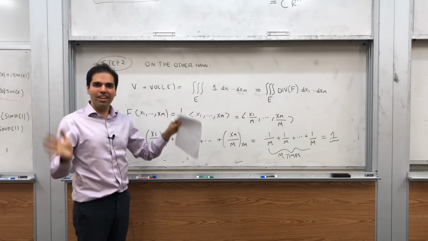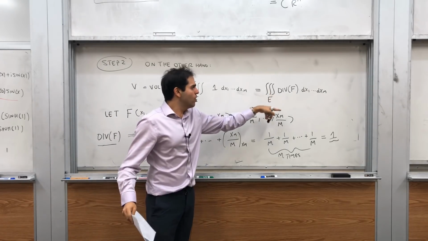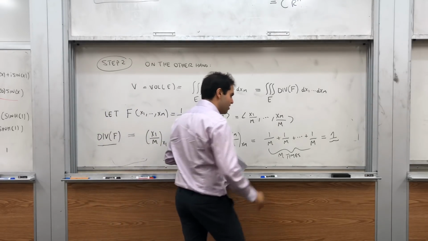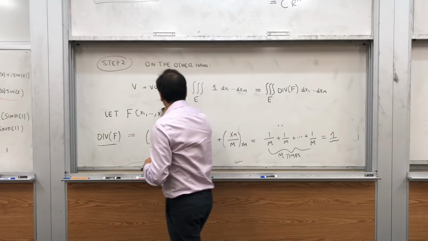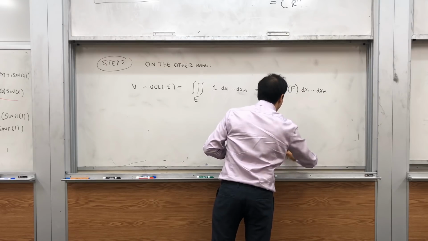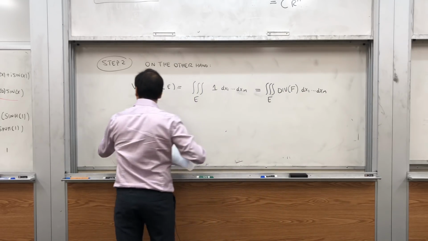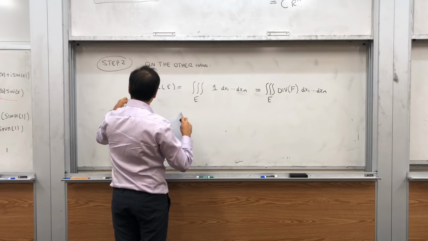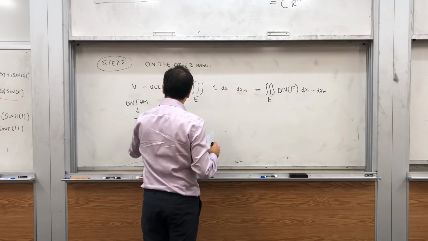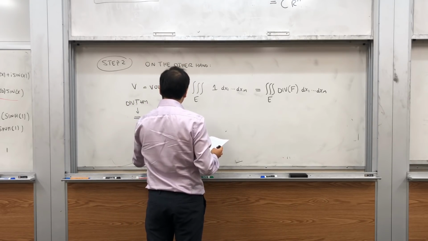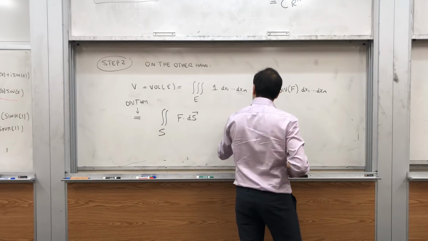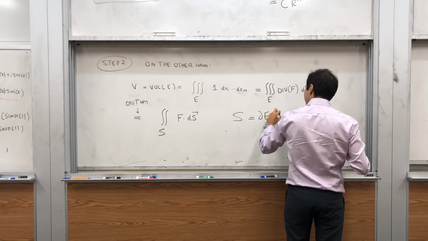It's a nice theorem that relates the integral of the divergence with the flux over the surface of E. So that just equals, again by the divergence theorem, the double integral over S of F dotted with dS, where S is the boundary of E,